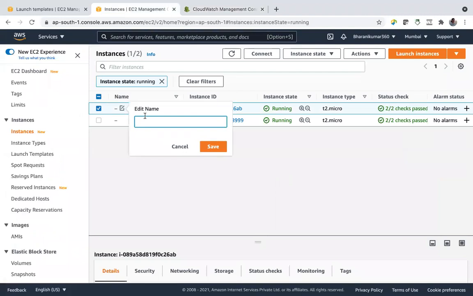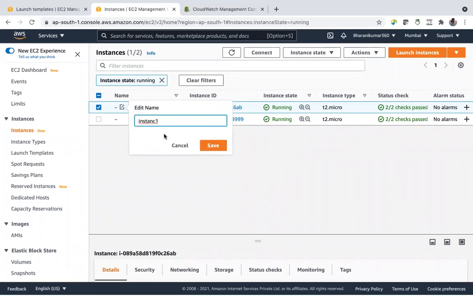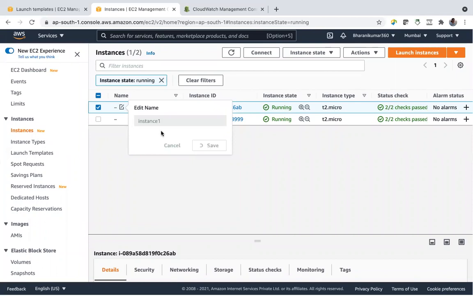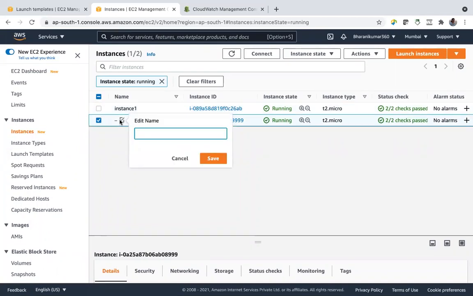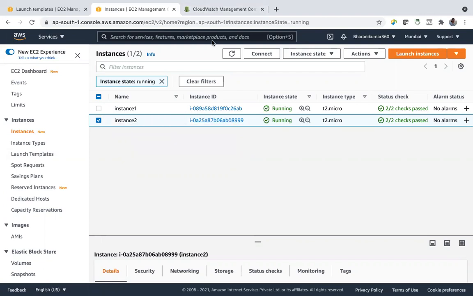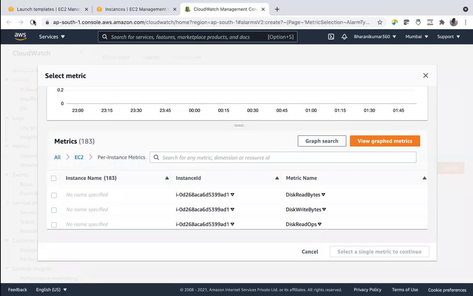So let's say instance 1, instance 2, names. And let us refresh this CloudWatch.